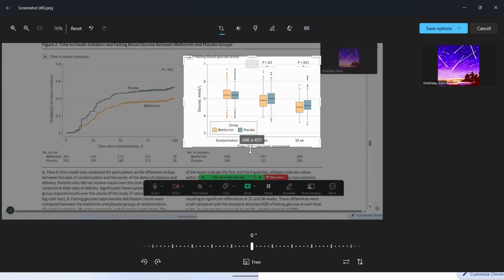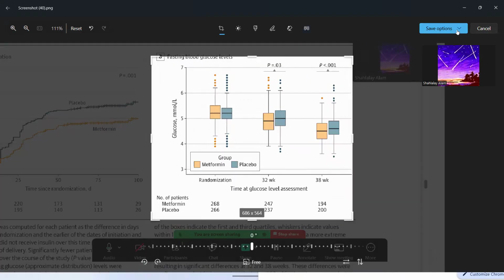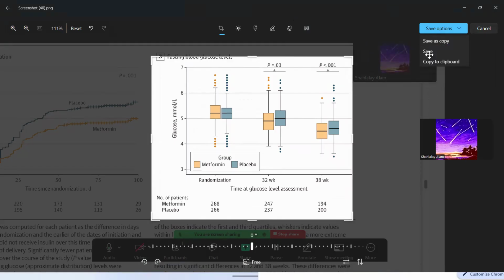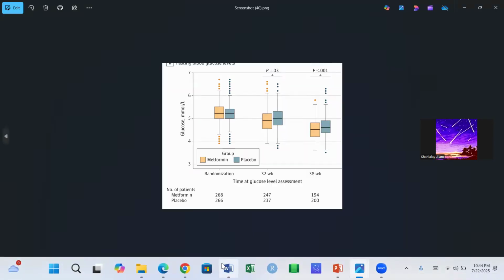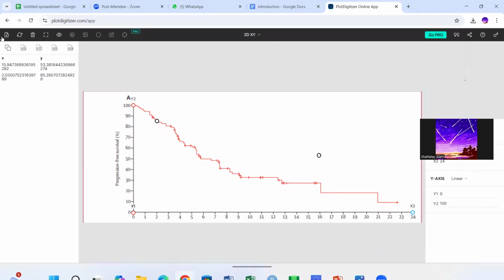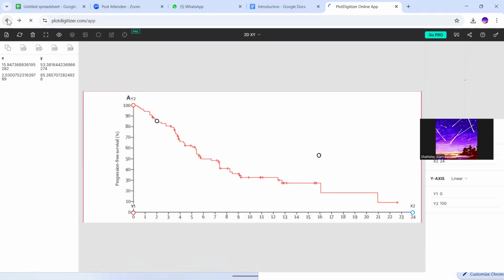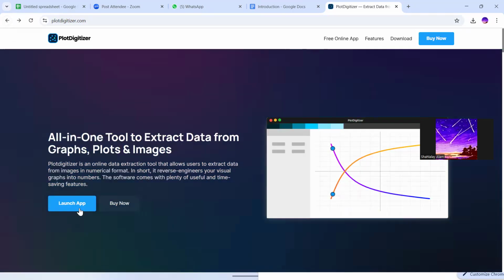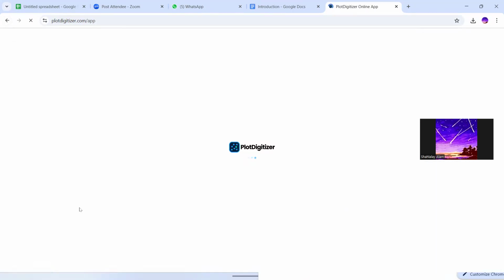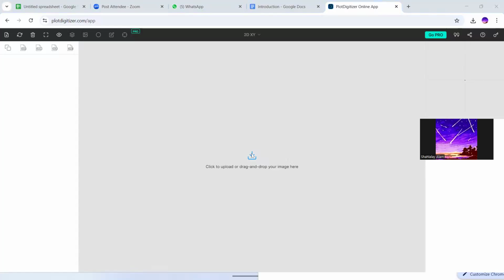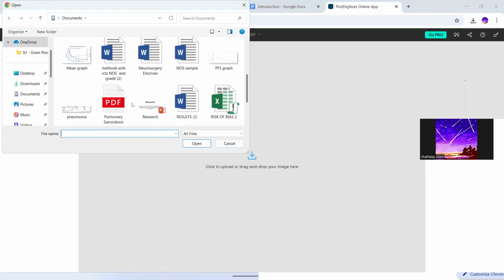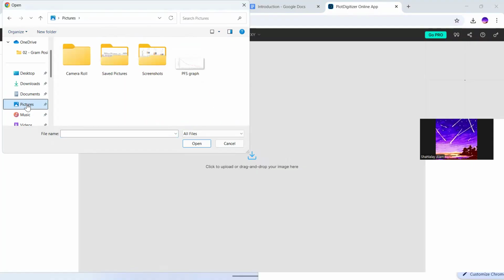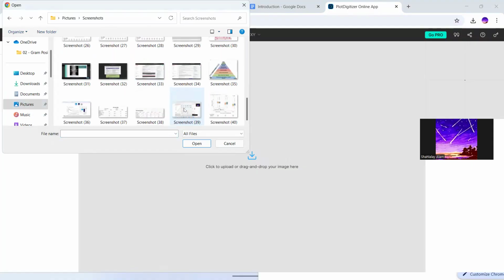Crop. I'll just save it. Save. I saved it. Okay, now again I'll go to my plot digitizer. Launch app. Drop your image. I have saved it in the screenshots now, so I'll go to the screenshots, and yeah,